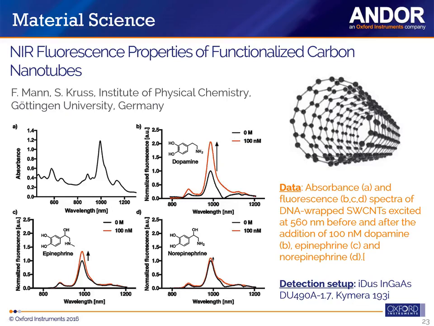Another example would be in material science. Here we're looking at the fluorescence properties of what you call functional carbon nanotubes. In that particular case, we're looking at DNA wrapped single wall carbon nanotubes, and the spectrum changes when adding different types of compounds. The added compound within the carbon nanotube is probed with a 560 nanometer laser, and we're looking at the differences of spectrum on the left-hand side between the base carbon nanotubes and when the different compounds have been